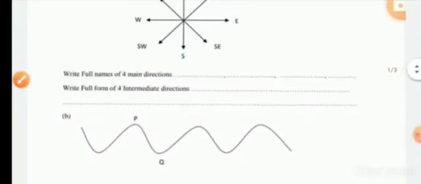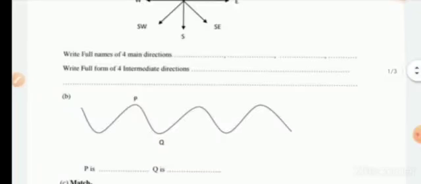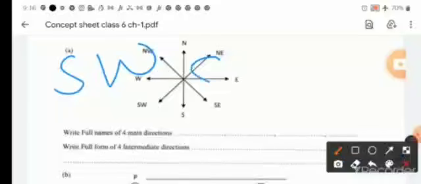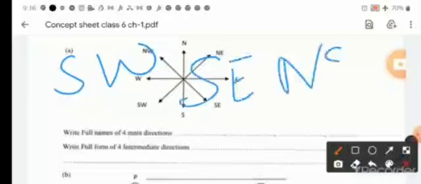Now we are going on the second step, that is, write the full form of the 4 intermediate directions. Here it is saying full form of 4 intermediate directions. We know very well the intermediate directions are south west, south east, north east, and north west. You have to write the full form of these intermediate directions. The full form of these are,